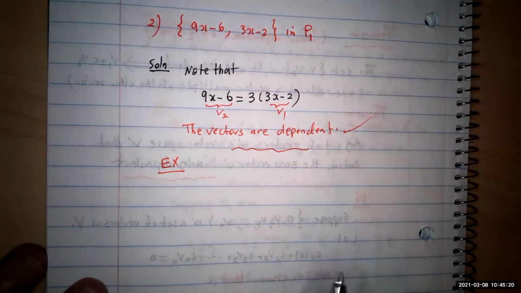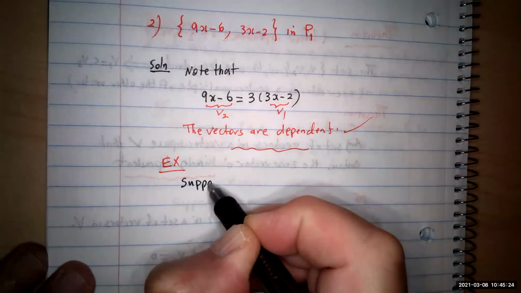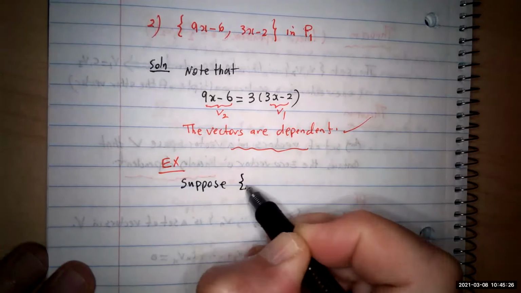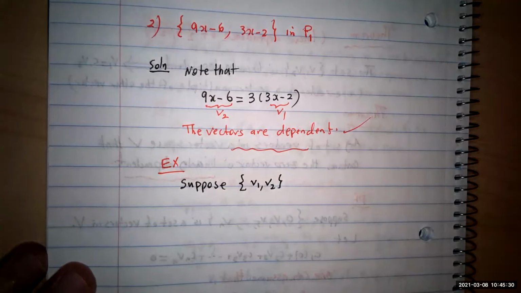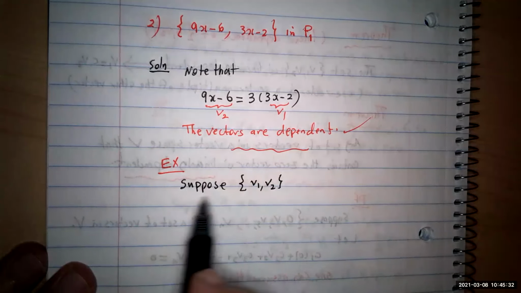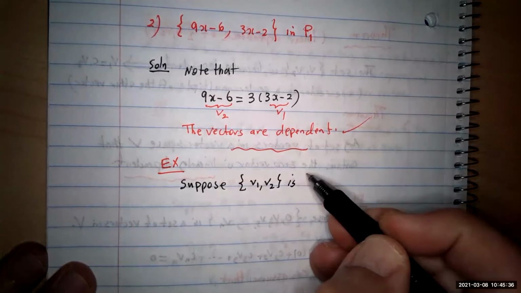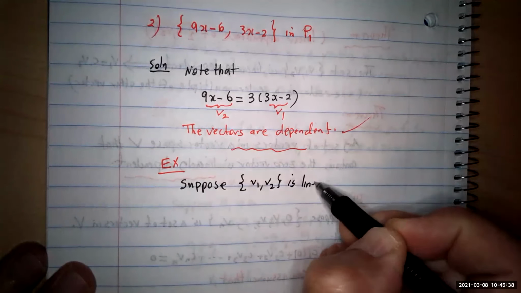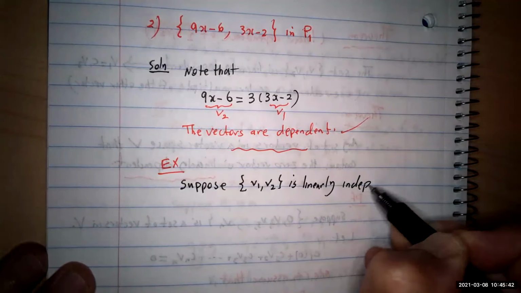They start with this: suppose V1, V2, two vectors, form a set that is linearly independent